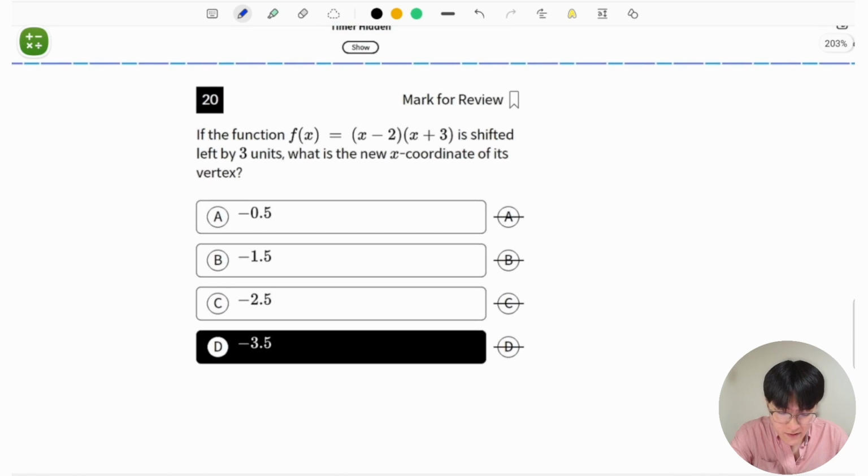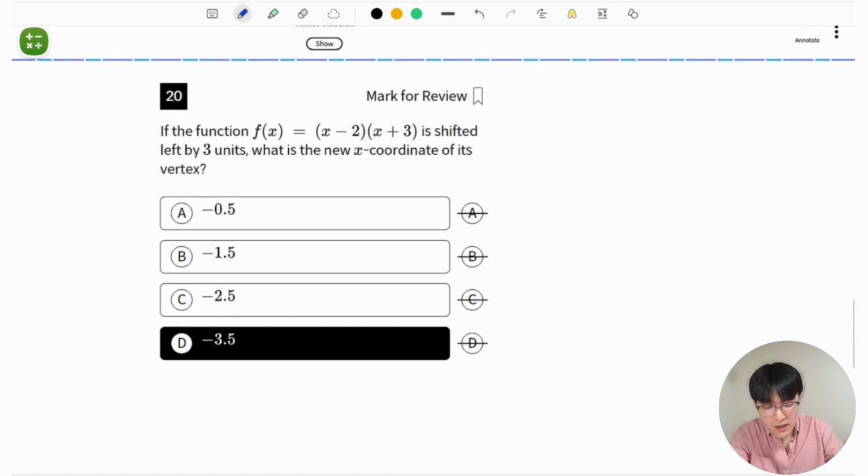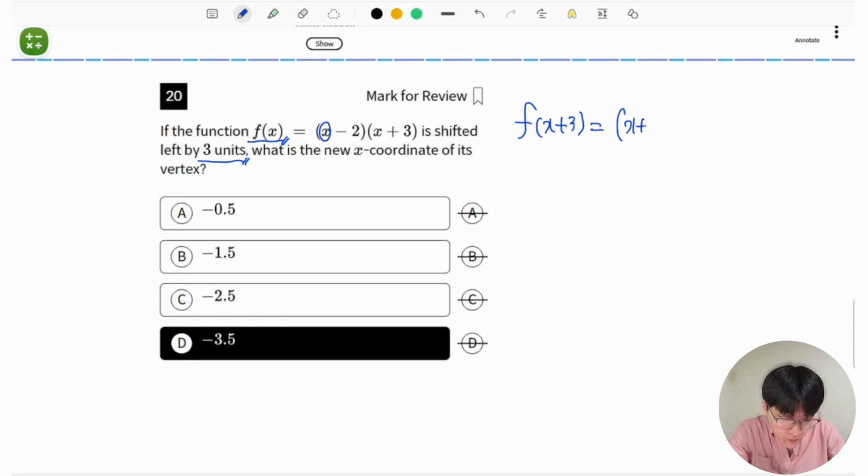20. If the function f(x) is equal to (x minus 2) times (x plus 3) is shifted left by 3 units, what is the new x-coordinate of its vertex? This is a very complicated question. Let's take a look. If it's shifted to the left by 3 units, then what we're doing is effectively x plus 3. So if we plug x plus 3 in the position of these x's, then we get (x plus 3 minus 2)(x plus 3 plus 3), and therefore